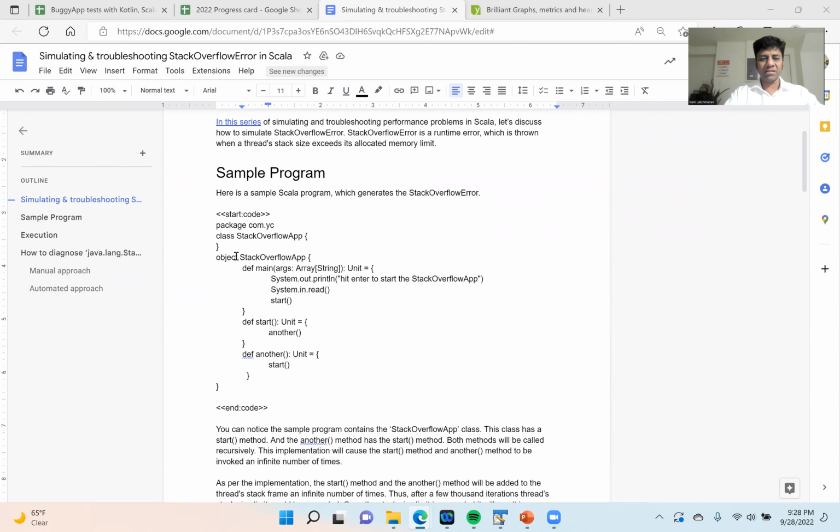So, friends, look at this. This is the class. We have the StackOverflowApp. It has this main method, which is the entry point. This main method is invoking a start method. So let's see what the start method does. Here is the start method definition. The start method calls